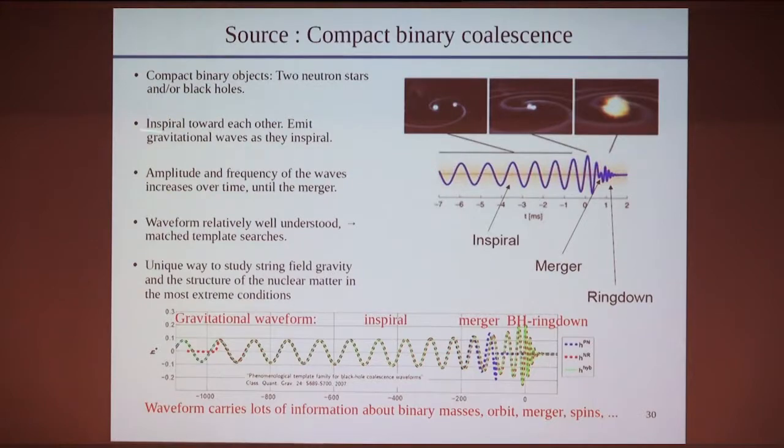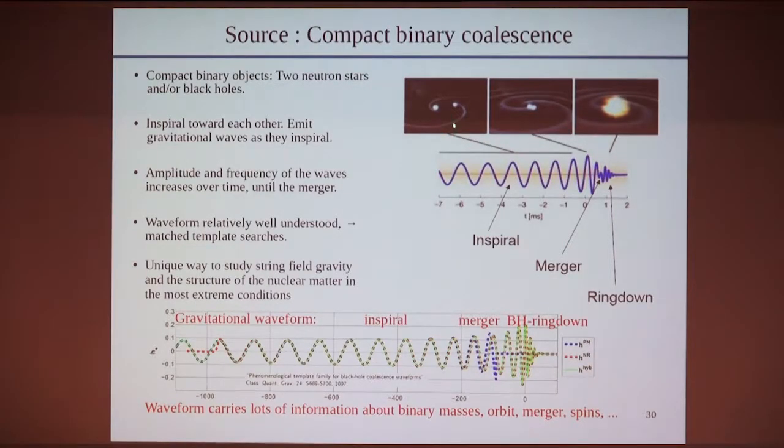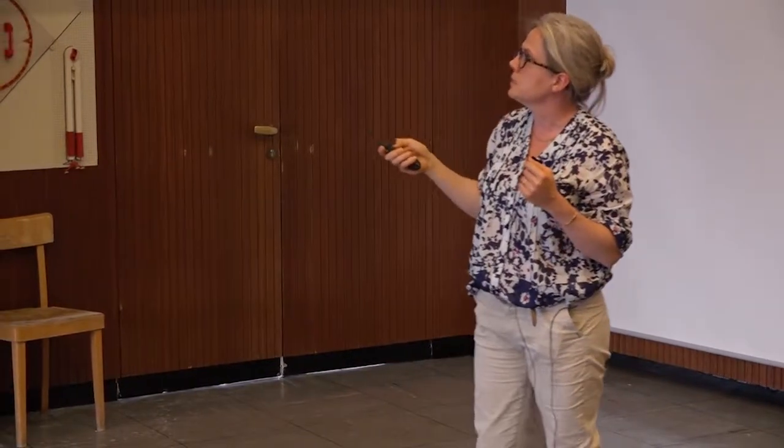And what we observe, for many years, is that binary systems exist. We now have many observations of, for instance, binary neutron stars. So we know that they exist. We know that they are losing energy. For the systems that we observe, for instance, the Hulse-Taylor pulsar, we know that it will merge in, I don't remember, millions of years, not tomorrow. But we can expect that from time to time, we have one that will merge.